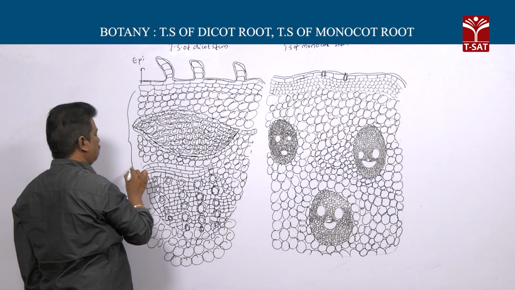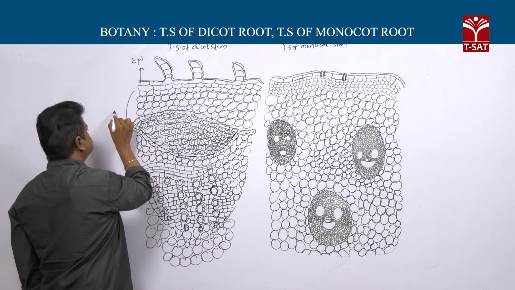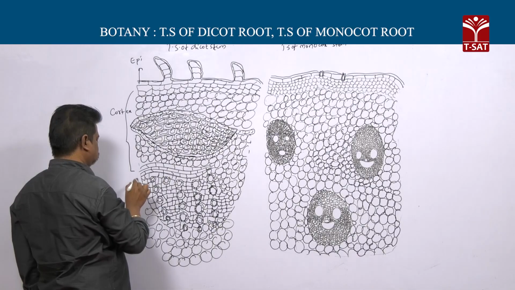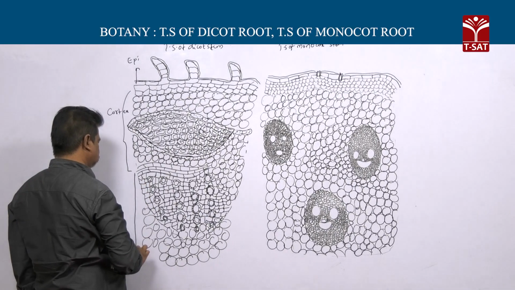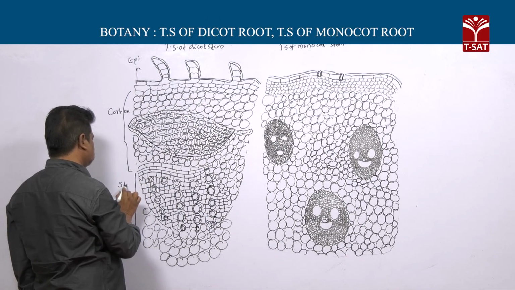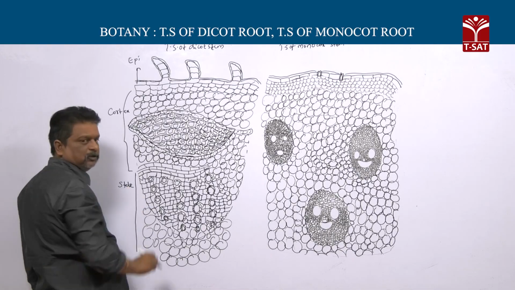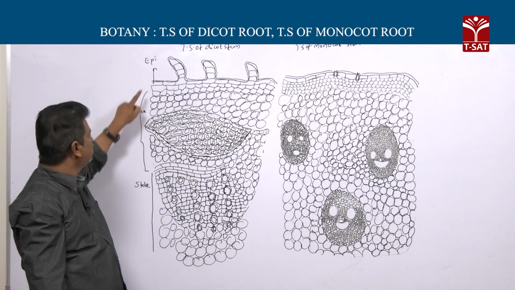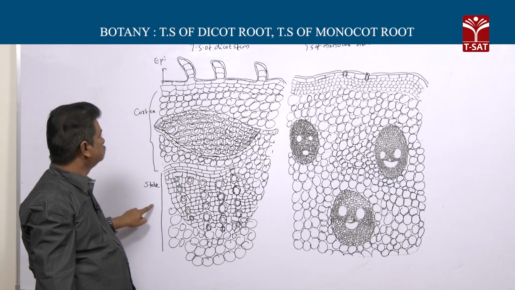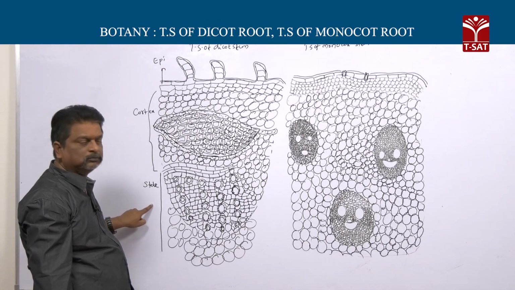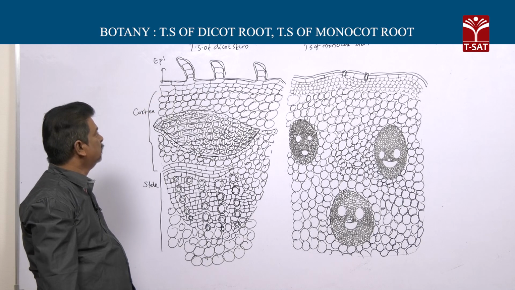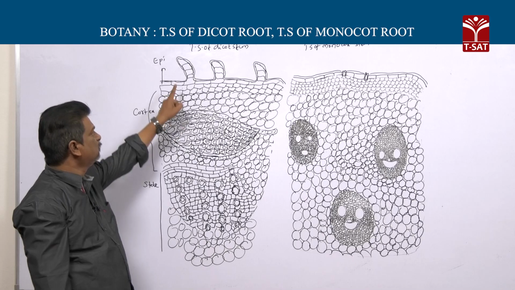Then second one, cortex, and third one is a stele. So it shows 3 parts: epidermis, cortex, and a stele. So first one, epidermis. Epidermis is the outermost layer,